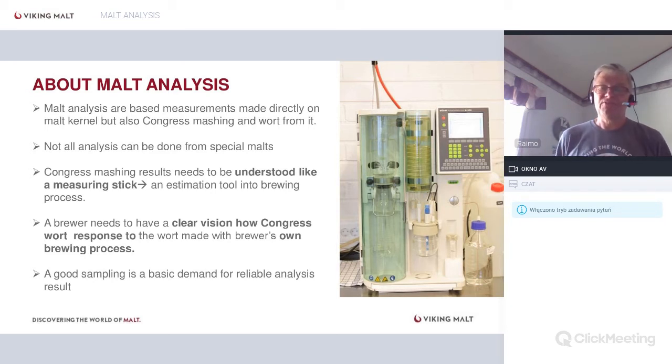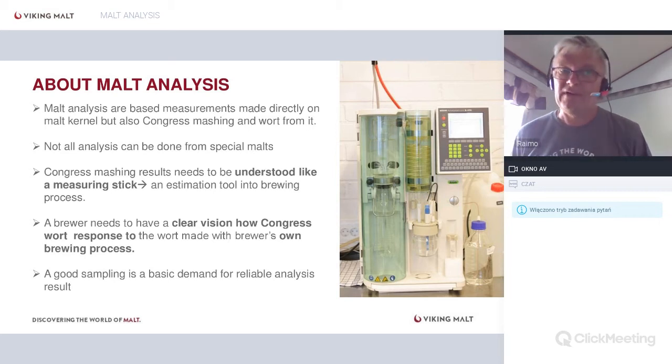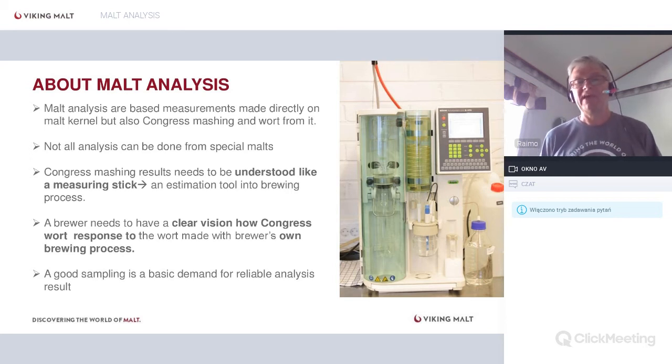There are differences. For example, a good example is wort extract. We may give an extract content of 81 for Pilsner malt. Some malt houses never reach the 81; you go a little bit lower all the time. But there are some quite sophisticated brew houses which can get more extract out of what the Congress wort expects. So you just need to understand how these results